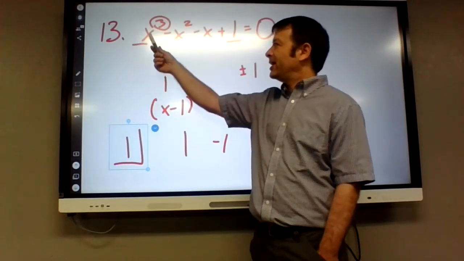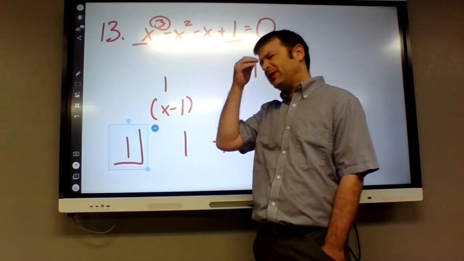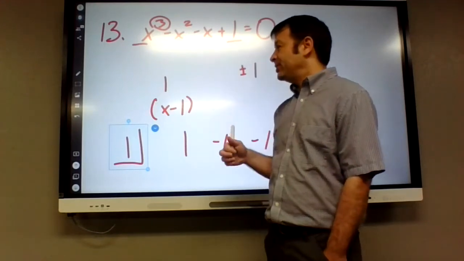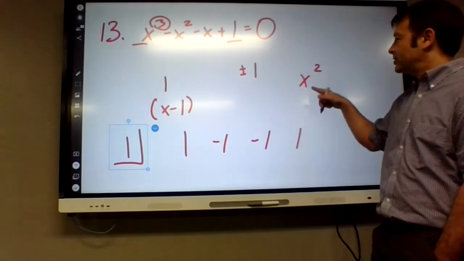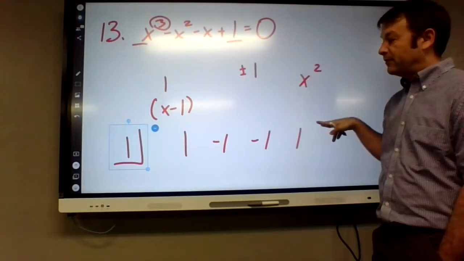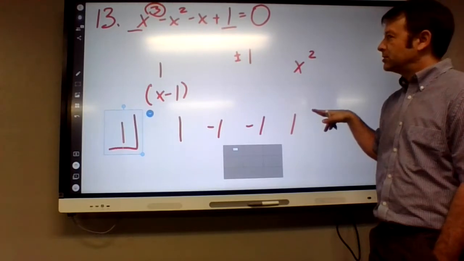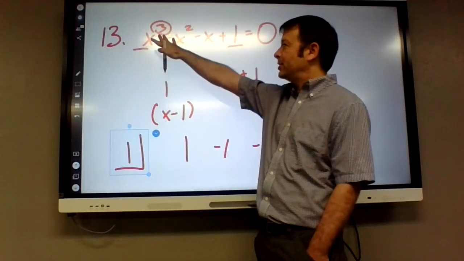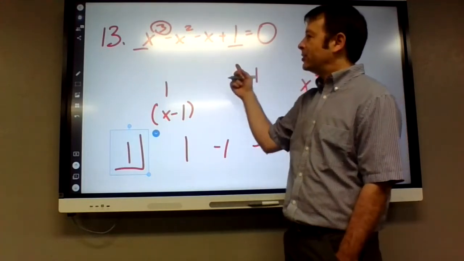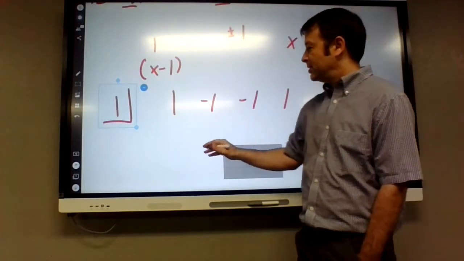I'm going to get an x squared polynomial. x cubed divided by x will give you an x squared. And we know how to solve x squareds. We know how to solve quadratics, right? With factoring or quadratic formula. So as long as we can get one answer out of this, we can get it down to an x squared. Now I did plug in negative 1. I know that's going to work too, but I don't know what the third answer is yet.